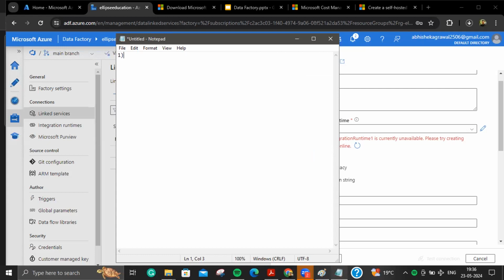So create a blob storage, create a Data Lake Gen 2, and then install the self-hosted integration runtime. Then create a linked service